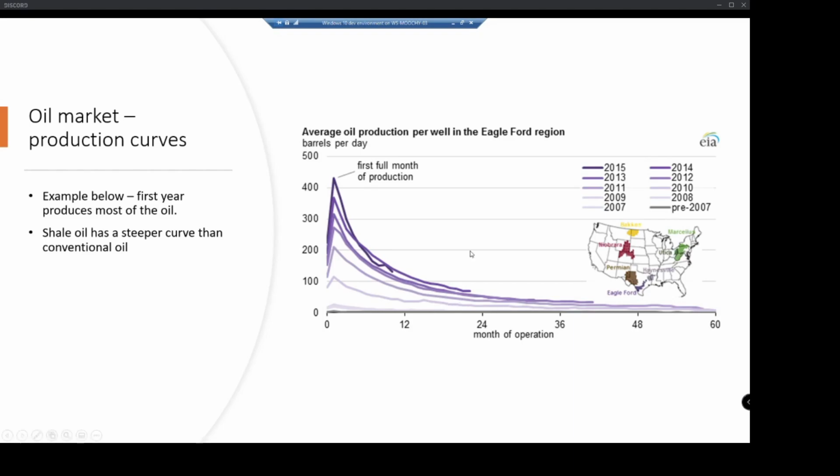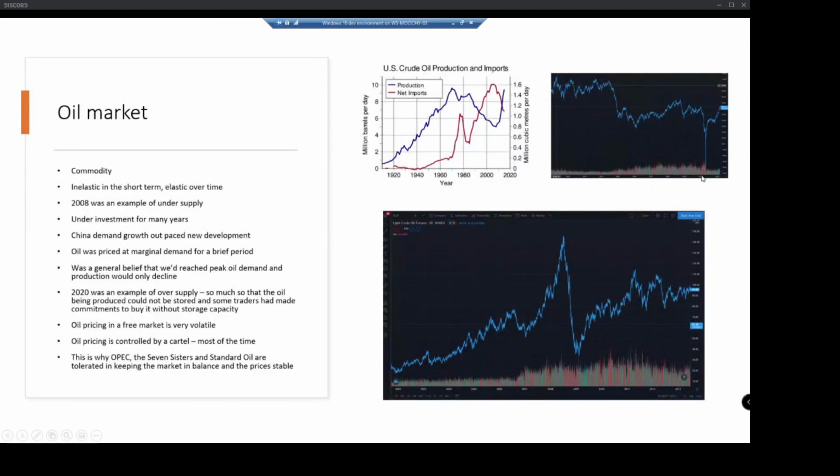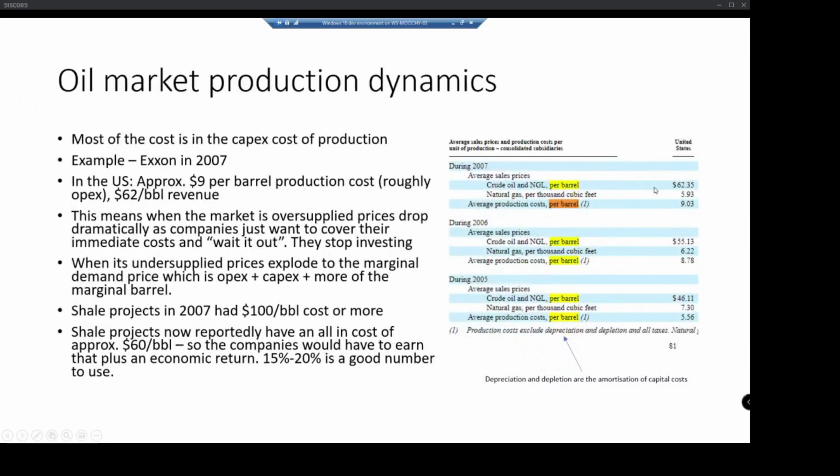And you can actually see this. I don't have the graphs here, but there's the Baker Hughes drill rig counts. Due to this pricing here, or the fact that they couldn't supply any more oil into the market, the drill rig count just fell off a cliff. There was 1,200 drills active up here, and by here there was about 200 active. So people just stopped drilling.